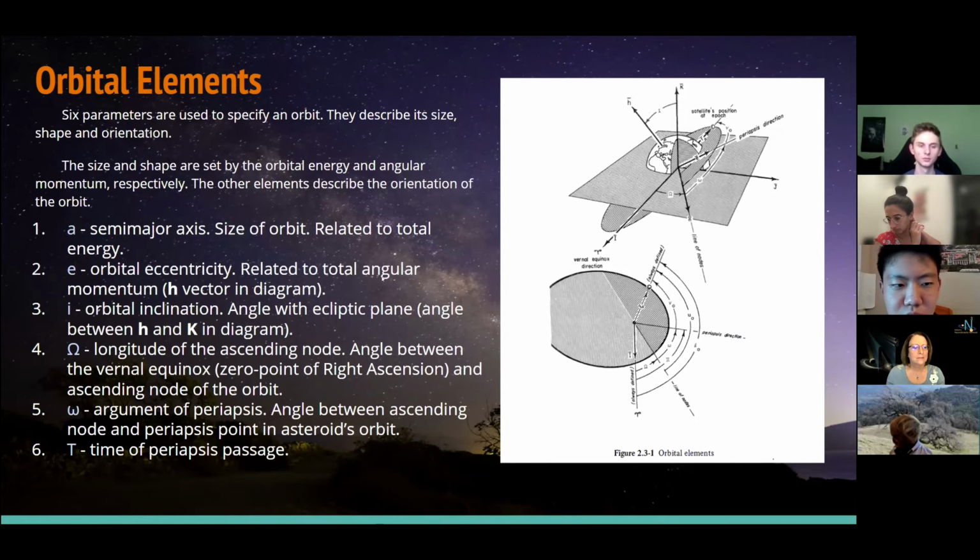There's also omega, the longitude of the ascending node, the angle between the vernal equinox and the ascending node of the orbit. There's also the argument of periapsis, which is the angle between the ascending node and the periapsis point in the asteroid's orbit. And finally there's a time, which is basically the time for the asteroid to take